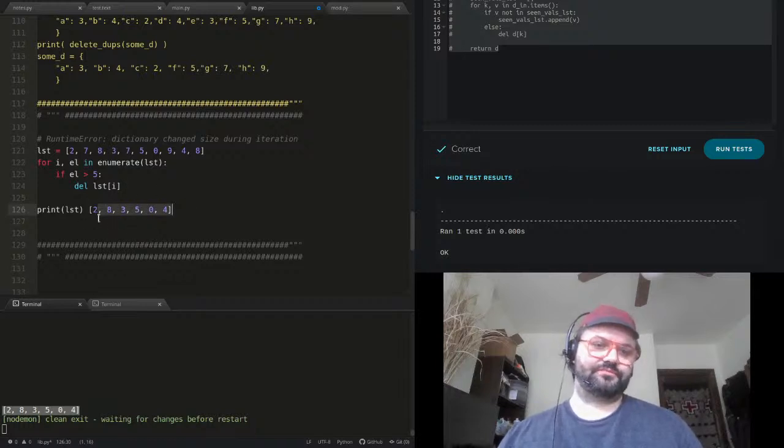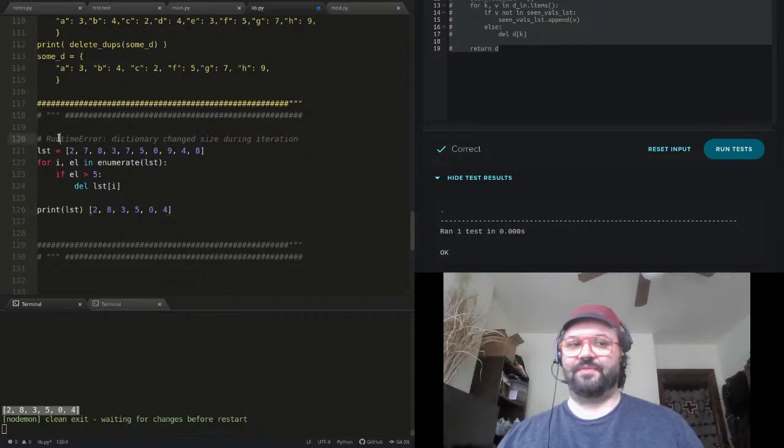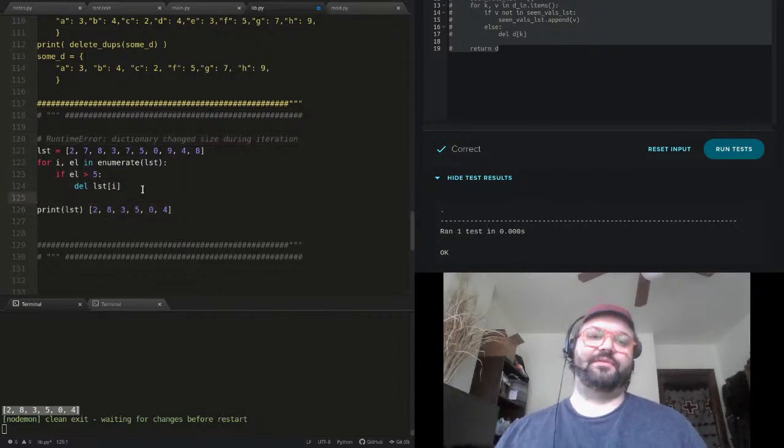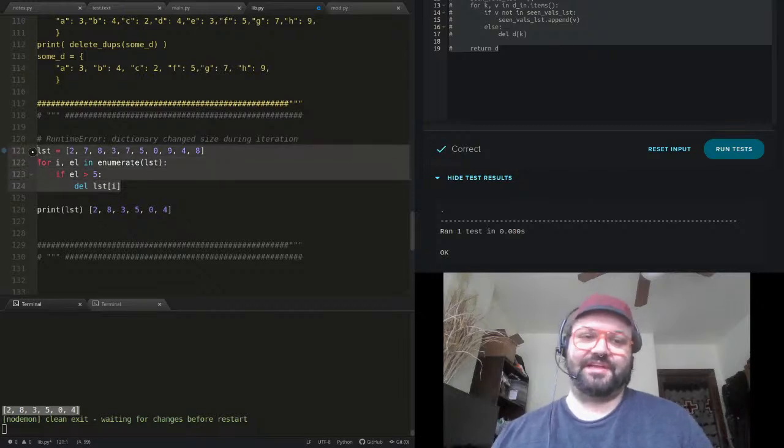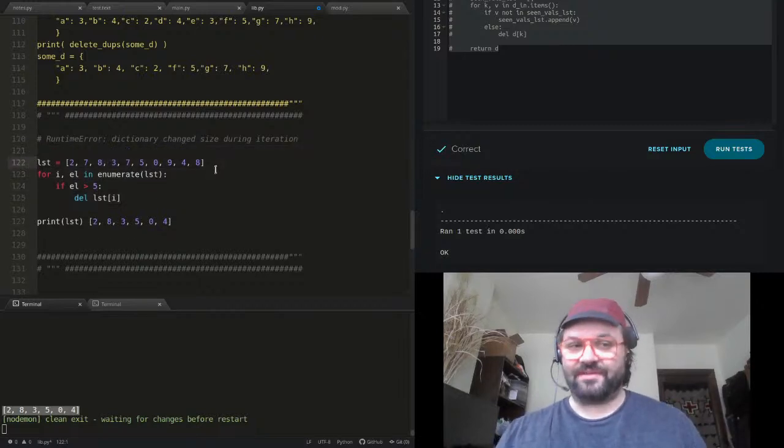So this is still proving my point. This kind of behavior is exactly why I'm so confused. Why I'm not getting a runtime error, because this runtime error exists to prevent exactly this behavior. It would be more desirable that I was getting a runtime error, not only because I wanted to talk about the runtime error, but because